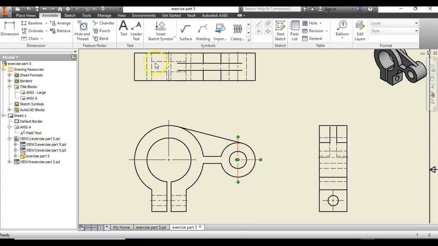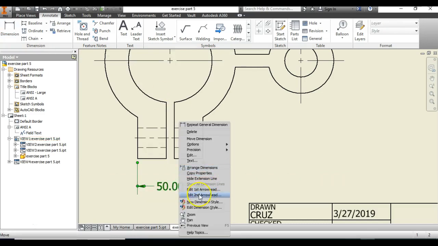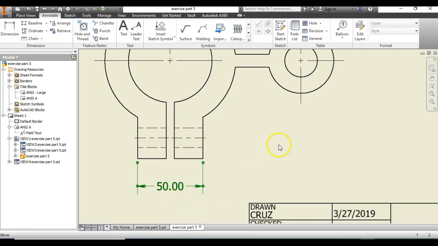So right off the bat, let's dimension that 50. So dimension, click on this corner and this corner, and that's 50. I'm gonna right click on the dimension because I want to do this right away, and then I'm gonna edit dimension style,